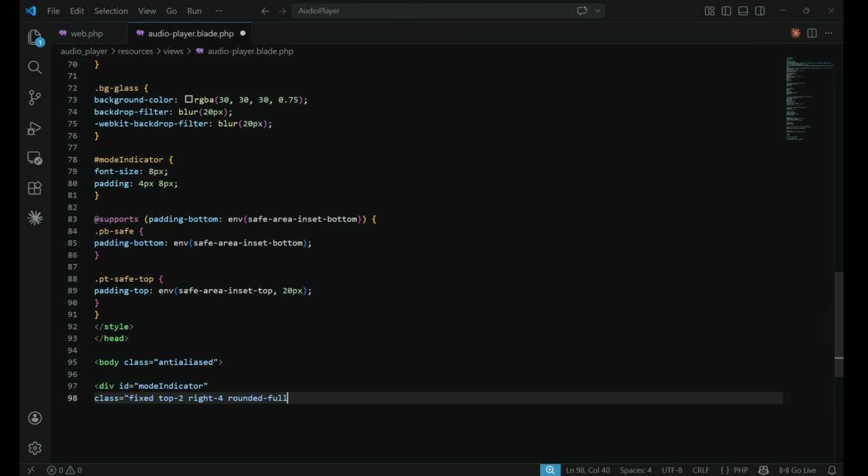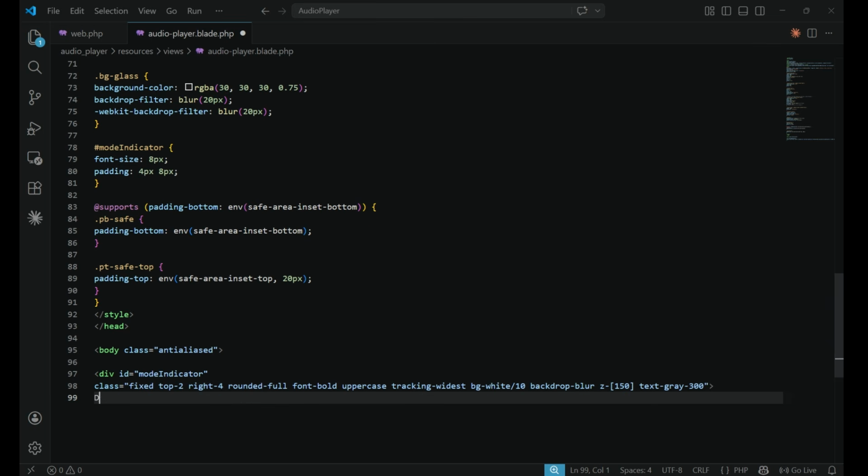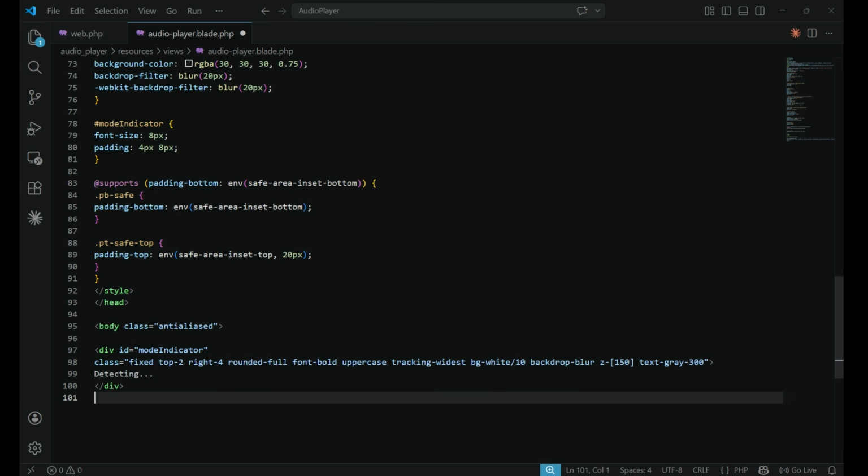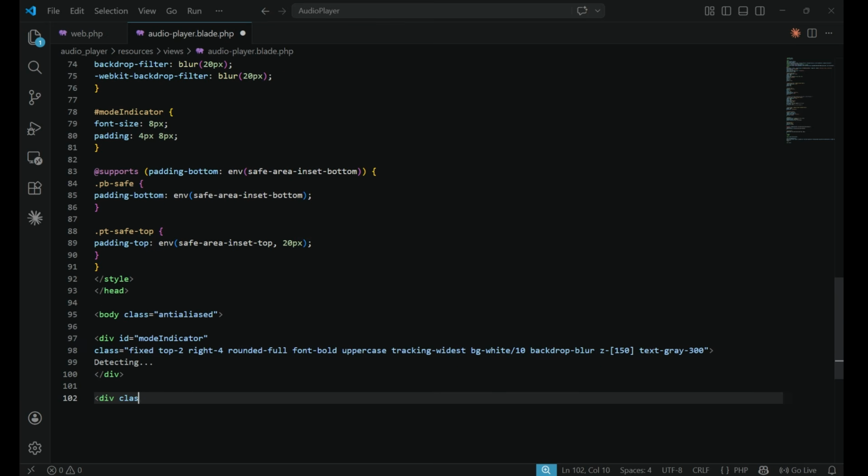And I will use Tailwind CSS for it. And show here just "detecting", and then close this div